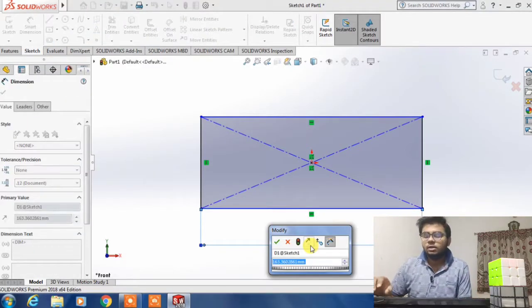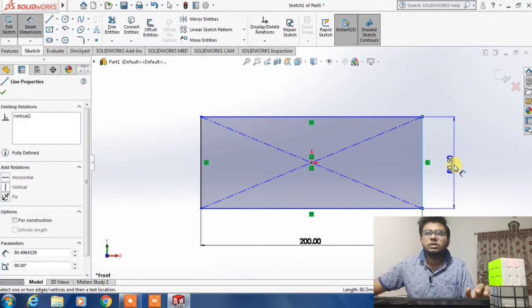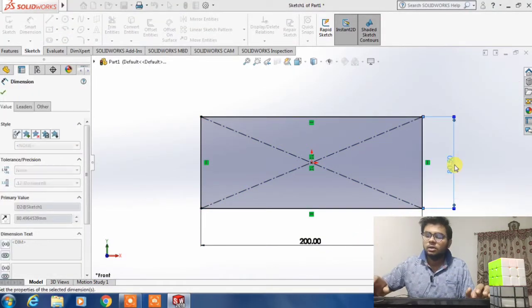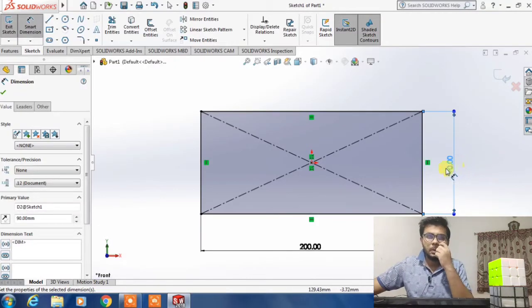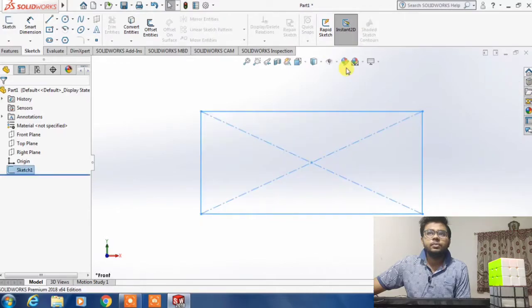So I define 200 mm as length and its width is 90 mm. This is a center rectangle because it is drawn from the center point. Now I exit from the sketch.